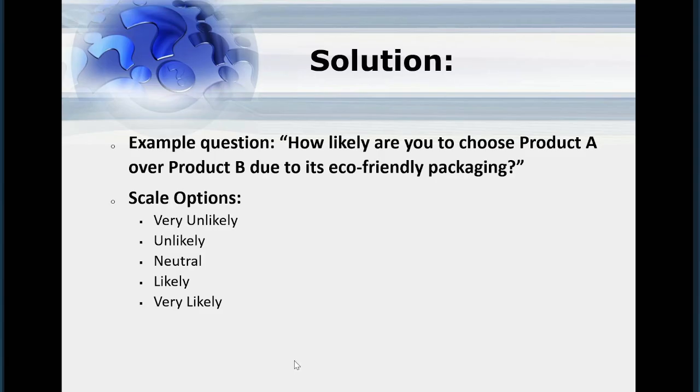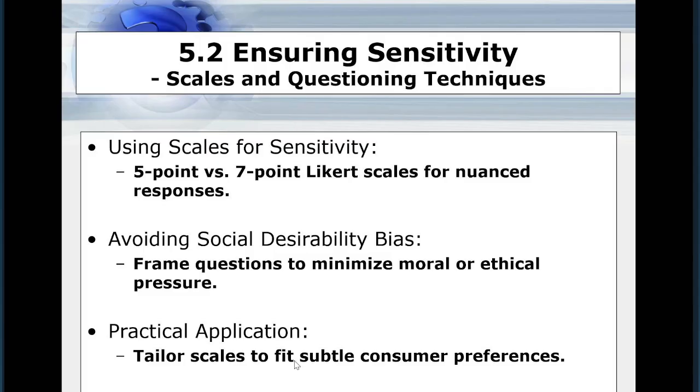Now, ensuring sensitivity. Sensitivity in questionnaires often depends on the scale used. For example, a 7-point Likert scale provides more room for nuanced responses than a 5-point scale, making it ideal for capturing subtle shifts. In consumer behavior, where